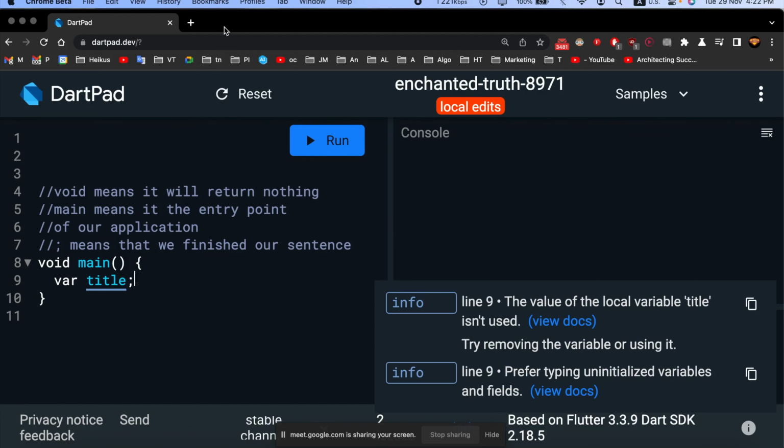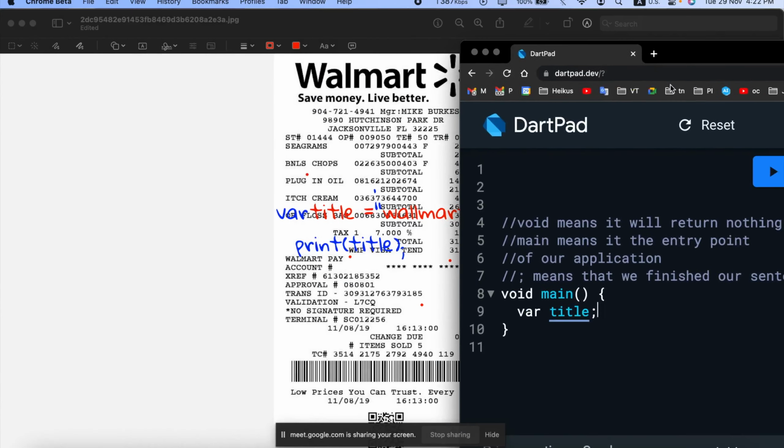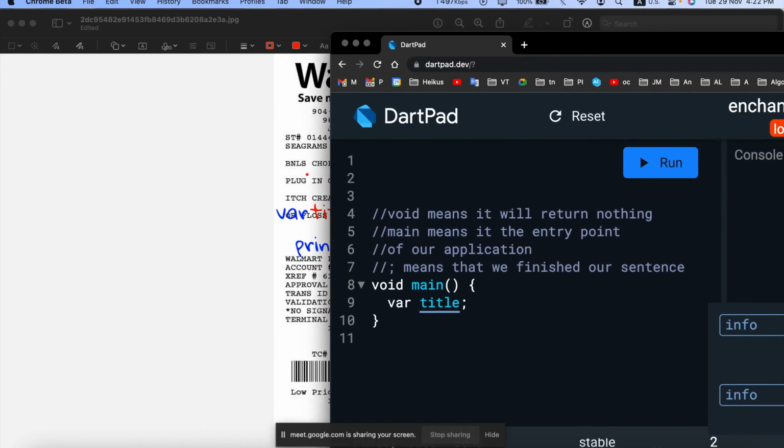So when we run the application, nothing happened because we didn't print anything, we just added a variable. When we write equal, it means we assign, and assign is double S, sorry, I wrote single S, but it's double S,